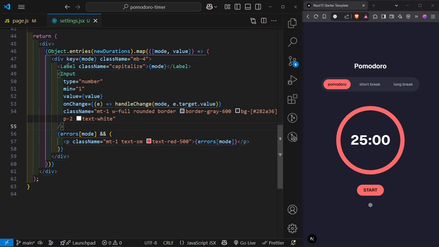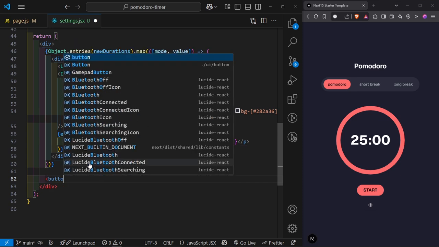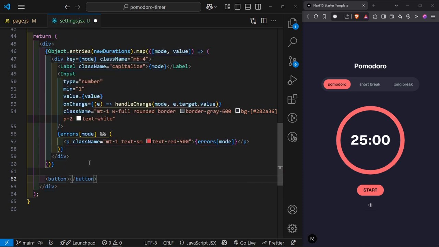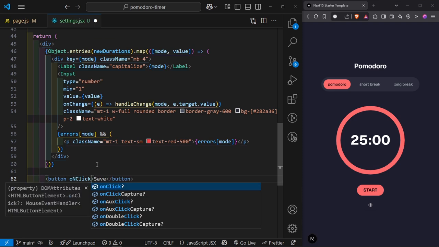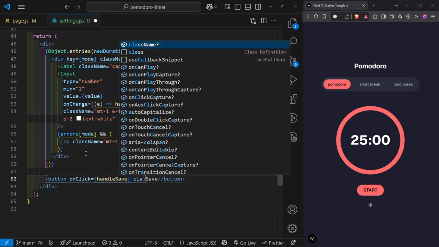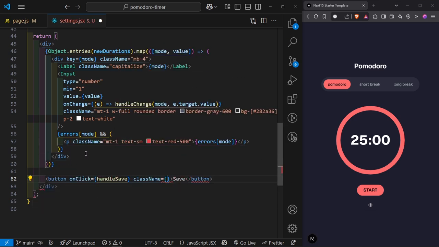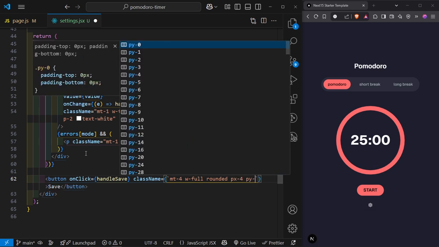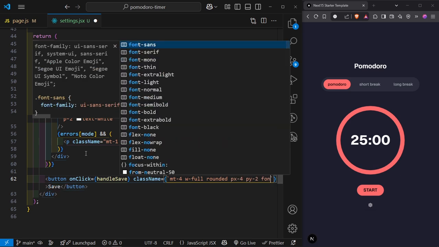So therefore what we're going to do is, below this div, we're going to go ahead and create a button, and then close it out. And the button is simply going to say save. Now this button is going to have an onClick. So onClick is going to call the handleSave function, and then it's going to have some class names here which are going to be dynamic, so curly brackets and then backticks, and then we're going to say margin top of 4, width of full, rounded, padding on the x of 4, padding on the y of 2, font semi-bold,